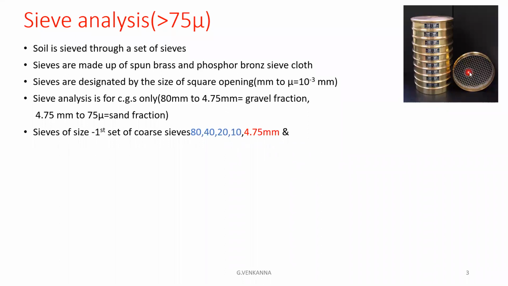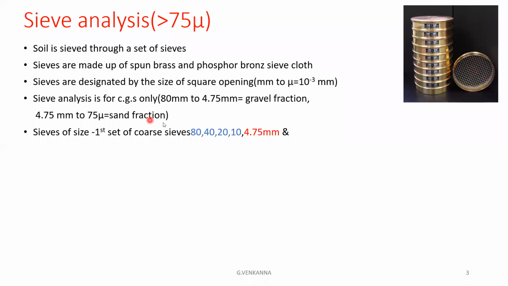For example, if the space between the two cross sections of the square in this sieve is about 4.75 mm gap, then this type of sieve is known as a 4.75 mm sieve. Generally sieve analysis for coarse grained soils covers 80 mm to 4.75 mm. That is known as gravel fraction. Sieves are arranged one by one in order, with the large size placed on the top and the small size placed on the bottom. Generally for the gravel fraction, that is 80 mm to 4.75 mm size,